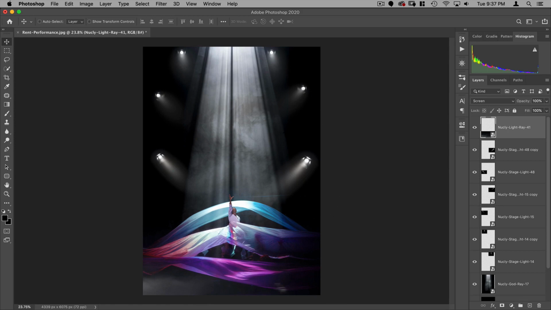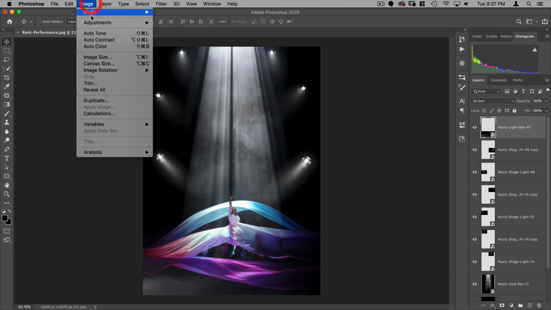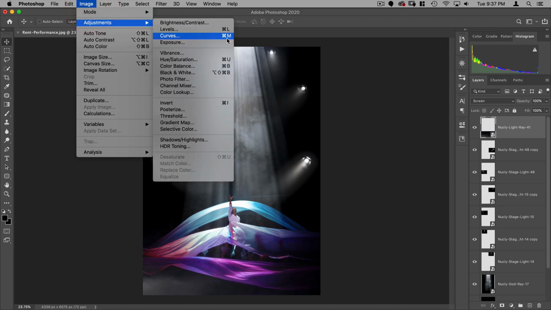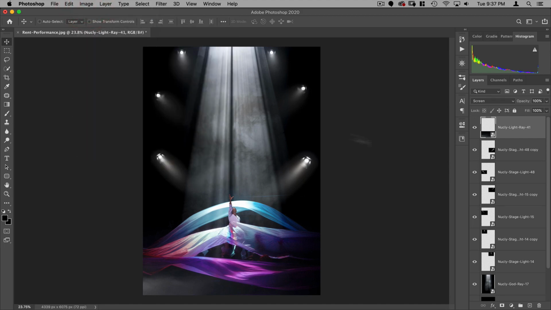Okay, so I now have all my basic overlays in place, but for this image what I want to do is color them, and I want them to be the cyan and the purple that are already in these white sheets here, in this white fabric. So let's start with our top one here. This one I kind of want to be purple, so I'm going to do all the coloring with curves. The shortcut for curves is Command M. So that's what we're going to use rather than using the menu each time. So let's do Command M.